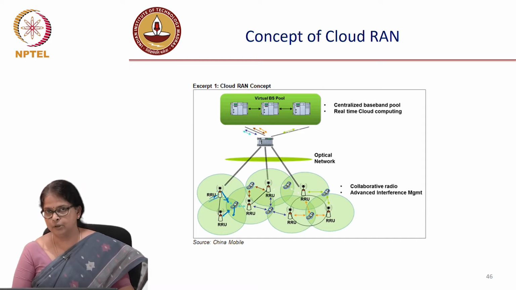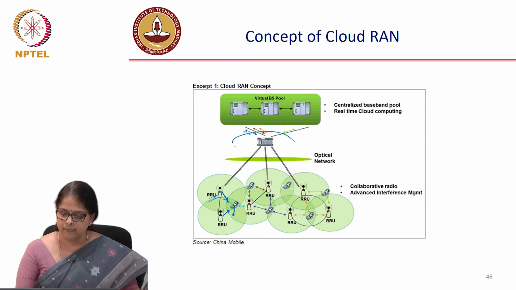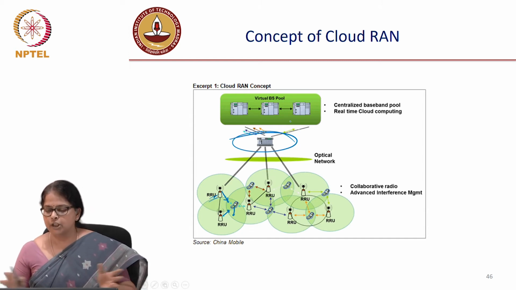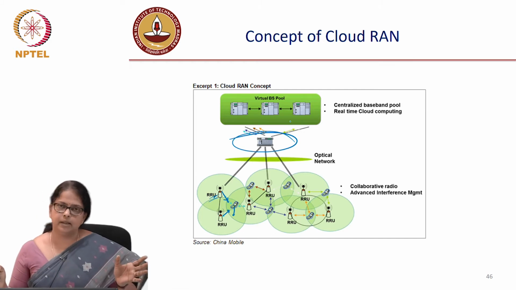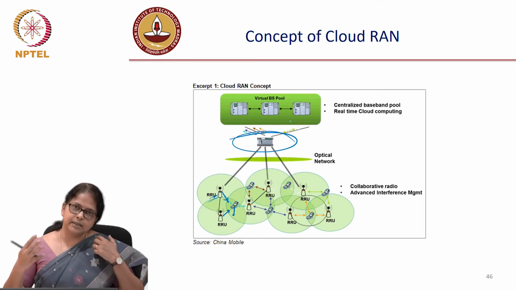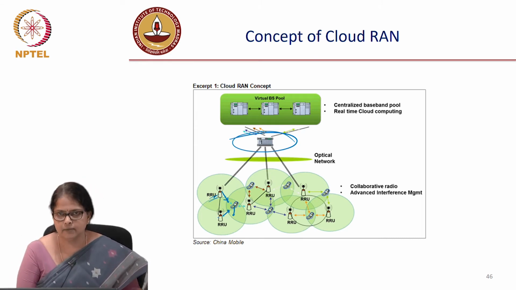will service the user. Where are all these decisions made? These decisions are made in a centralized server. So there is a virtual base station pool, a baseband pool, which actually computes. So there is real-time cloud computing happening. Decisions are made, and different RRHs are servicing the user, right? Which means the data rate